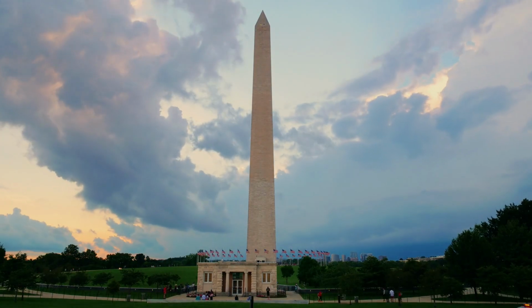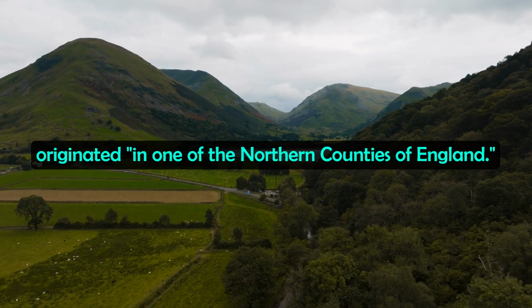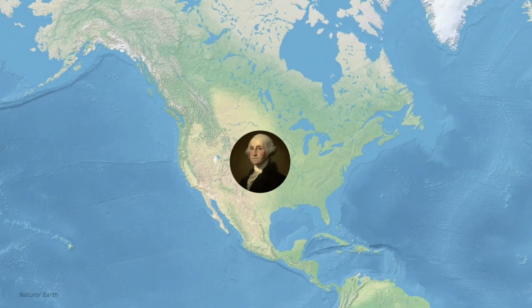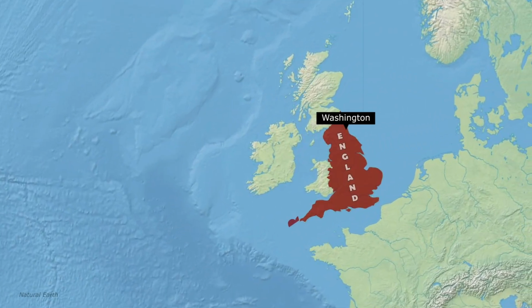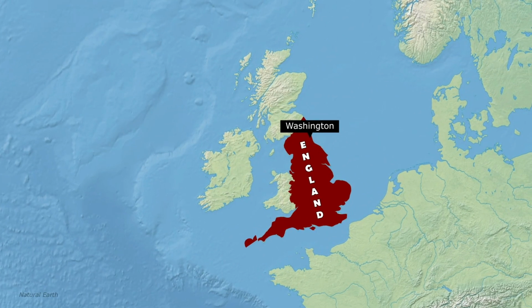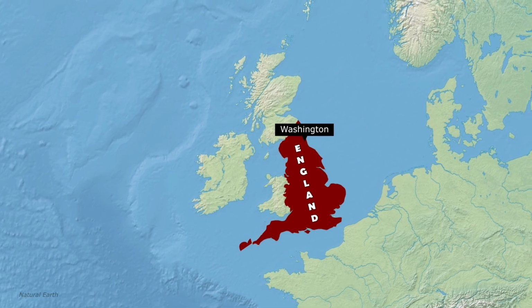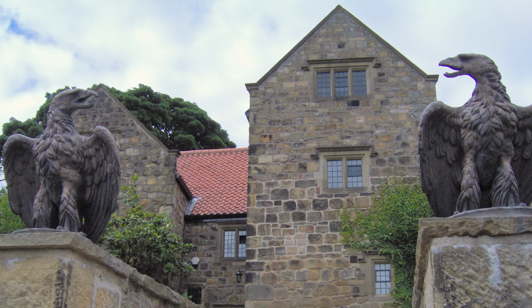As the first president wrote himself in a letter in 1792, the Washingtons originated in one of the northern counties of England. To be more specific, the family's roots can be traced back to the 12th century to a town called Washington in the Sunderland district of northeast England. This is part of the historic County Durham, and the ancestral home of the Washington family still stands today, called